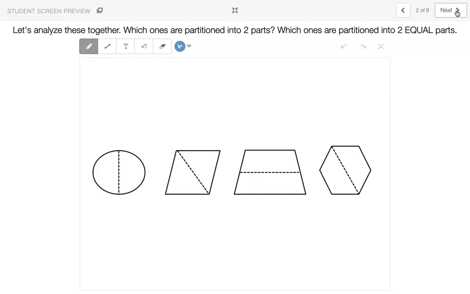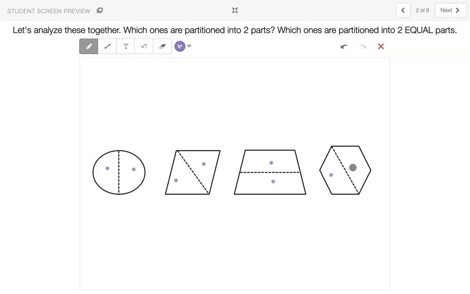So let's analyze these together. Which ones are partitioned into 2 parts? And which ones are partitioned into 2 equal parts? So let's look at them, right? And let's see. I see 1, 2, that's 2 parts. 1, 2, that's 2 parts. 1, 2, that's 2 parts. 1, 2, that's 2 parts. So they're all partitioned into 2 parts, and I would encourage you to draw them on a piece